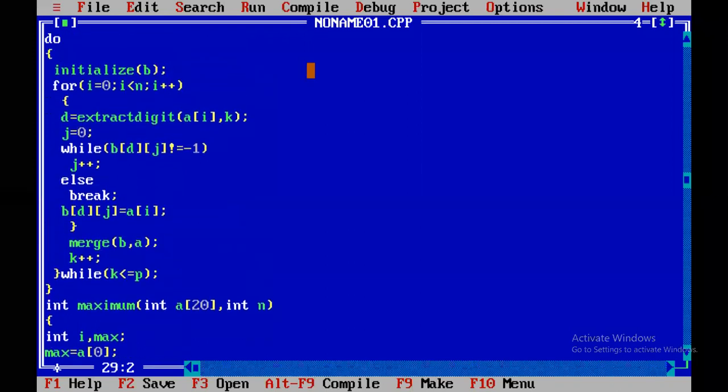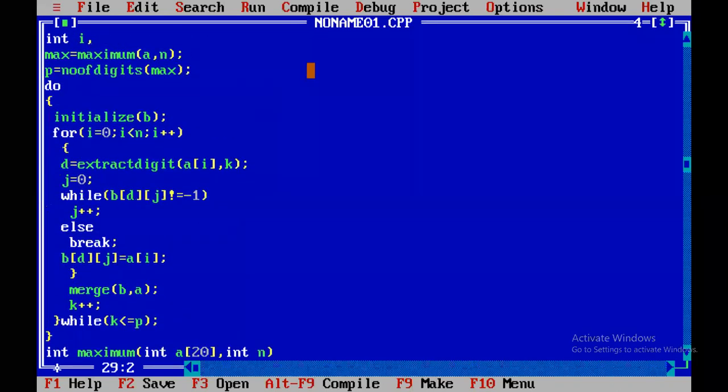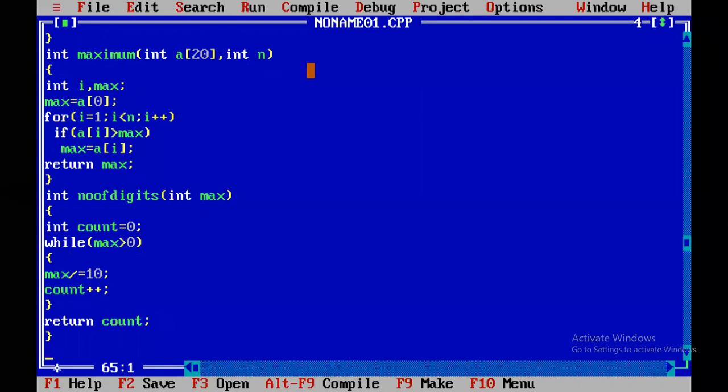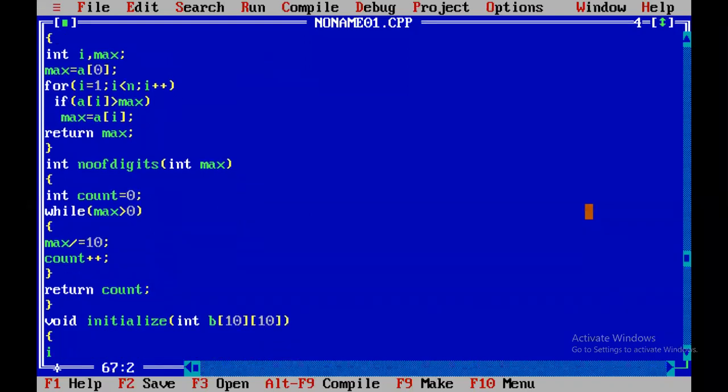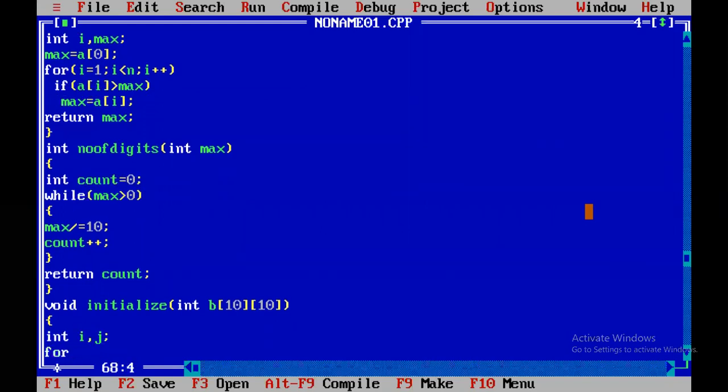Then what? Initialize. Initialize is nothing but making all the buckets -1. Void initialize, int b of 10 rows, 10 columns, int I comma j. For I equal to 0, I less than 10, I plus plus.